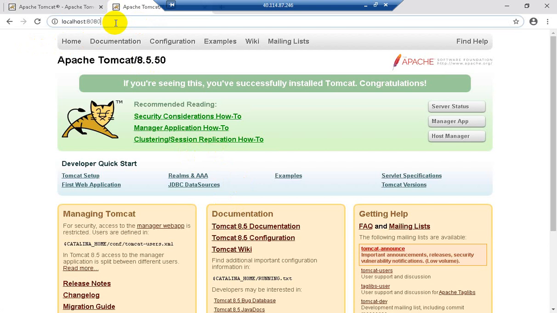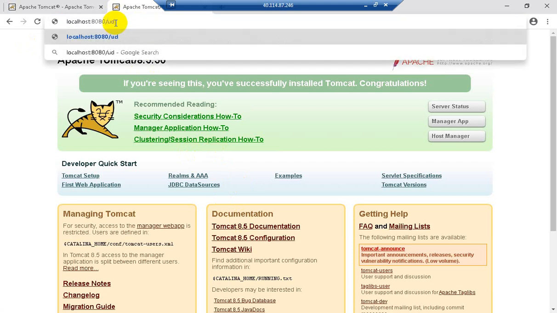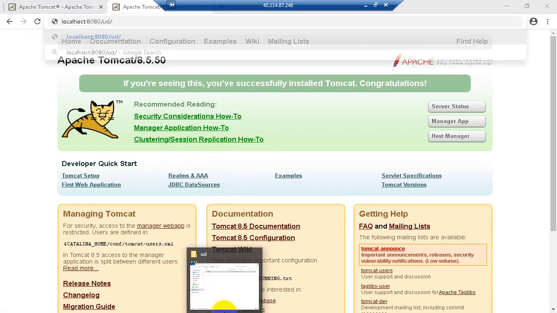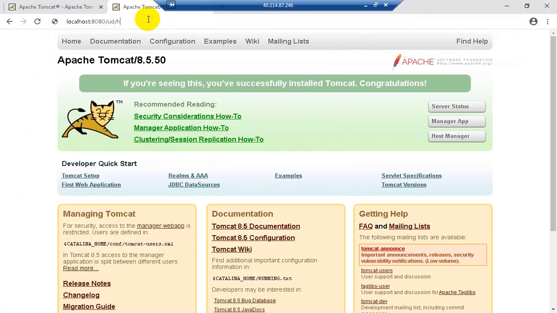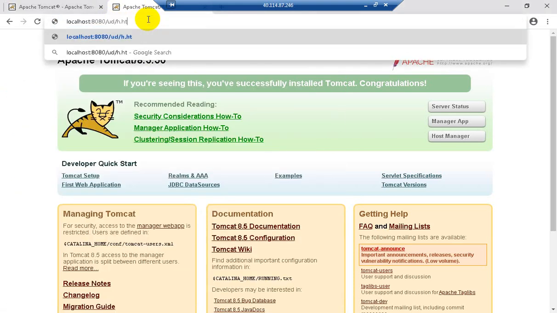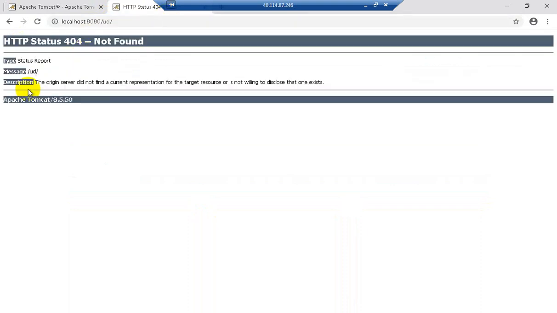So here you need to provide the folder name and the HTML. What is the HTML name? h.html. It will show that page directly with this heading one. It is interpreted here. If I provide the folder name only instead of this HTML, it will show no resource